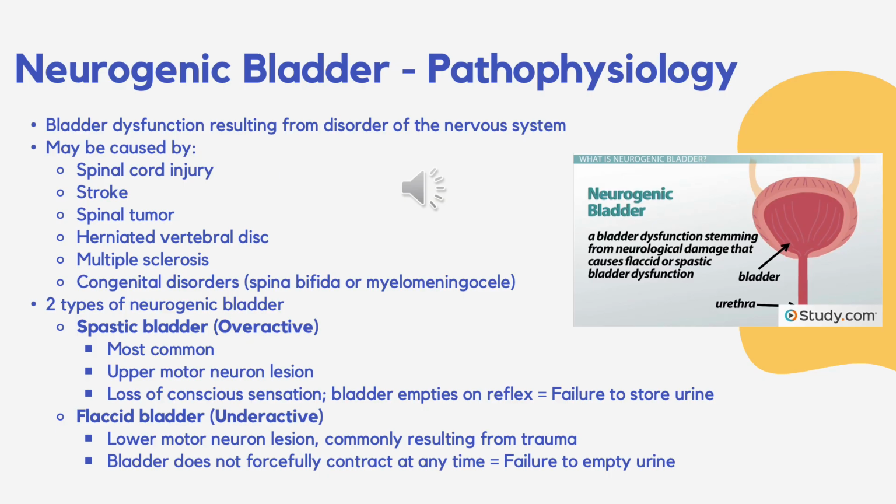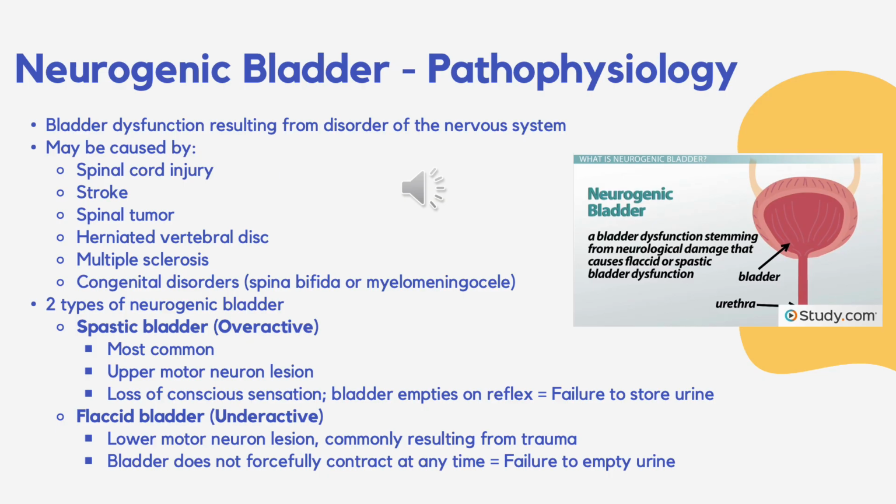function. So an important concept to remember is that bladder control is influenced by both the autonomic and the central nervous systems. So early in life, the autonomic nervous system is going to govern reflexive emptying of the bladder, which is what we see in infants. Over time, the central nervous system is going to take over, which allows us to develop conscious awareness of bladder fullness and voluntary control over our voiding. So a neurogenic bladder disrupts this balance, leading to either a lack of storage function, such as what we see in spastic bladder, or it may lead to a lack of emptying function, which is what we see in a